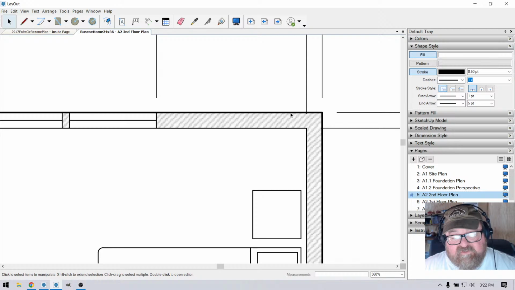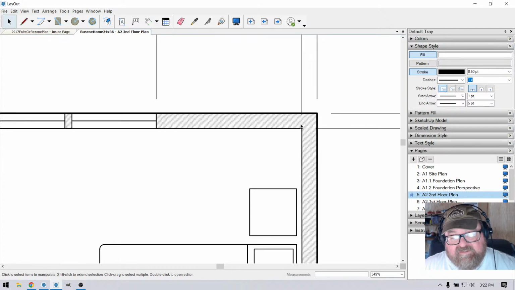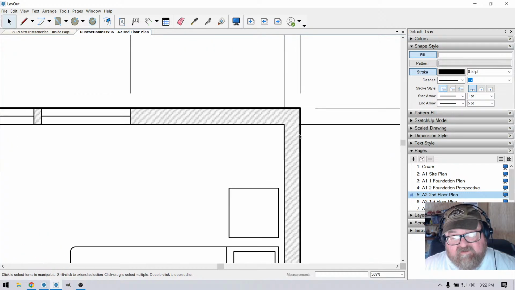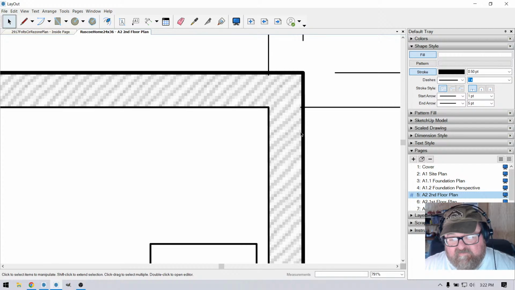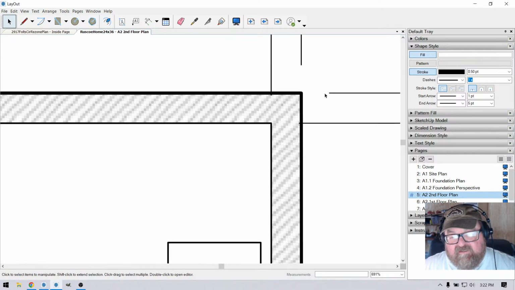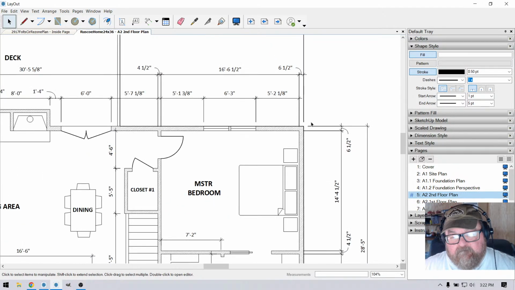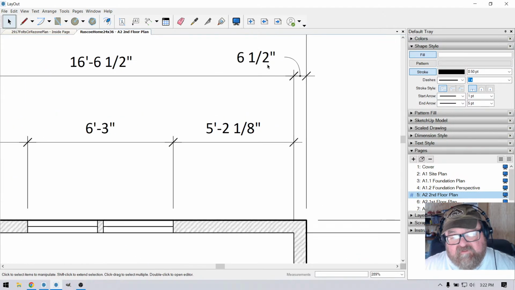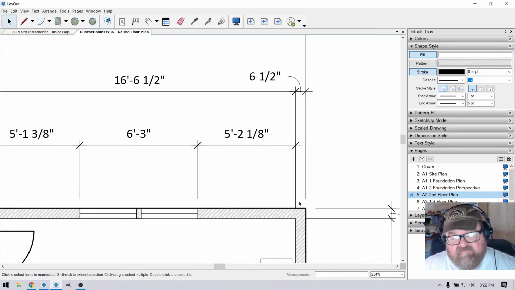You see how that line's real thick? Well, if I had tried to draw the wall, the sheeting and the drywall, it would be a bigger blob than that. This is kind of how layout does the perimeter. It'll make the perimeter line thicker. If you add the sheeting, it would be another blobby line beside it, and at some point, you have a hard time telling what it's dimensioning to. And you can see here, my framer knows that 6.5 inches is the total thickness of the sheeting and the